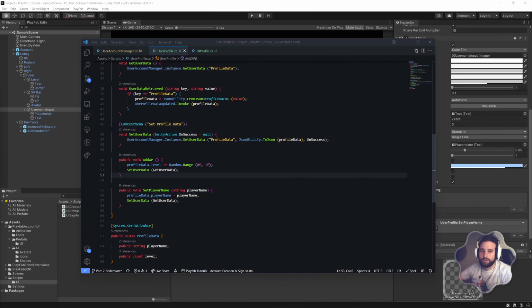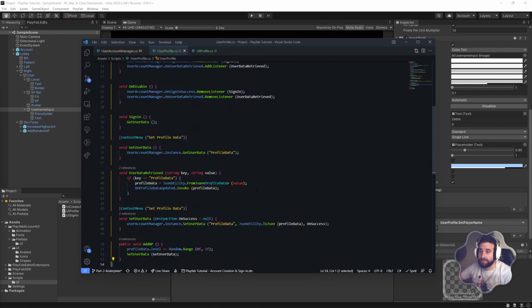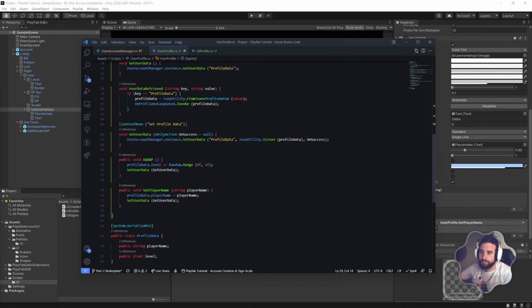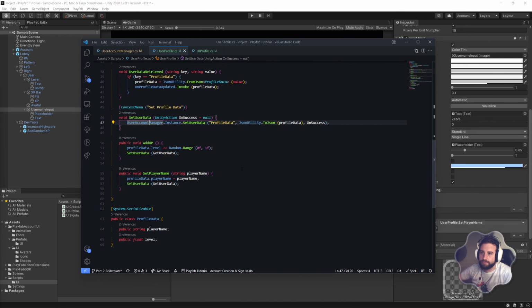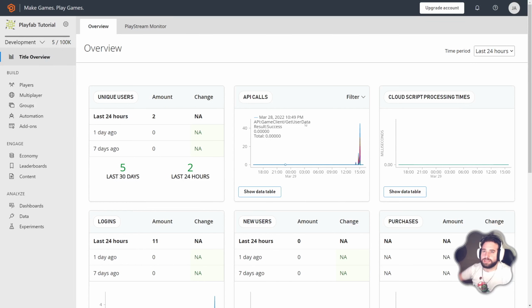All right, so over here, this is just showing where we left off. We added in the get user data. Once we've signed in, we retrieved the data. We then just added two little developer tools for testing XP, so adding XP there and changing out the player name and then setting that user data. What we want to do is on our Playfab dashboard, we want to go over to